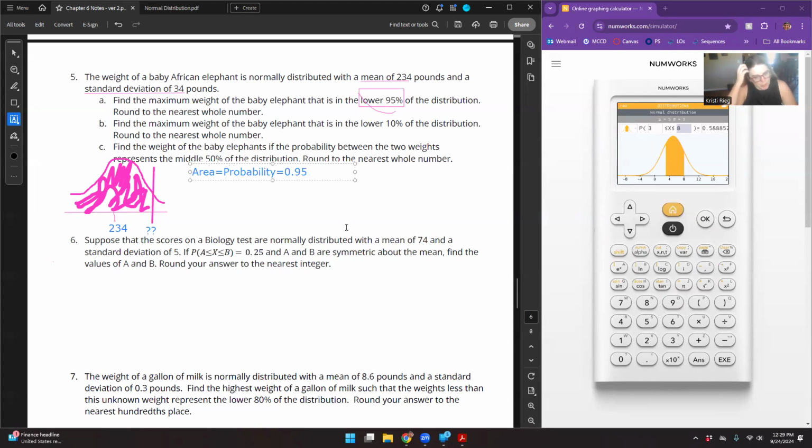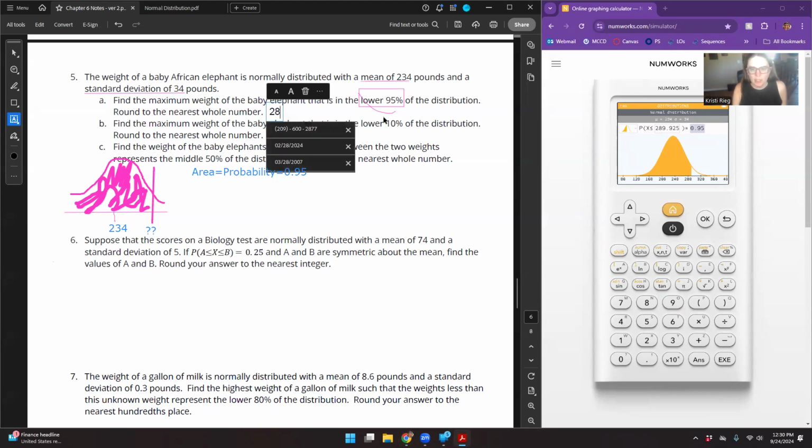If you're doing this on a table, first of all, why are you doing this on a table? But if you are, you want to fill in the extra zeros. If you're doing it on the calculator, you don't need the extra zeros. So on our calculator, let me type in what we know. I know the mean is 234. I know the standard deviation is 34. I know my picture is less than, perfect. I don't know this number, but I do know what it equals. I want it to equal 0.95. So I hit enter, and I see the answer for part A is